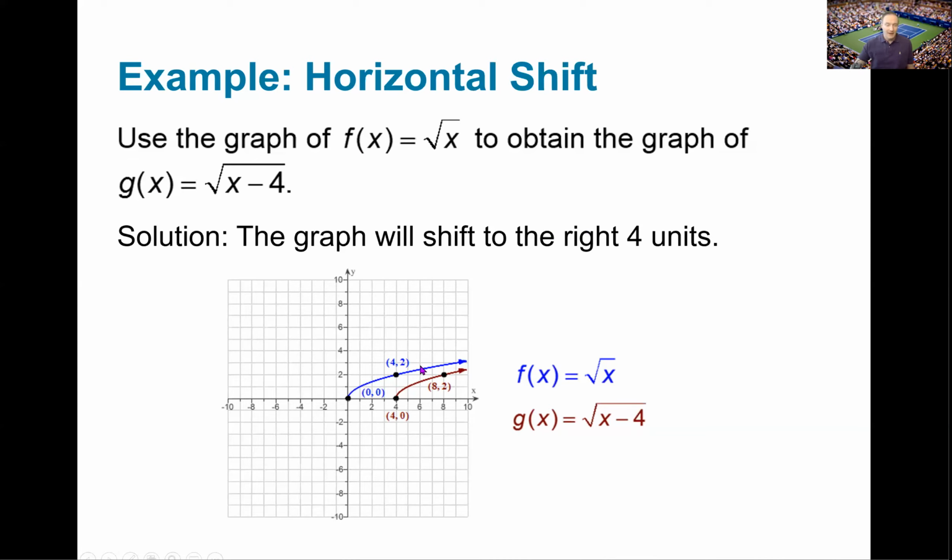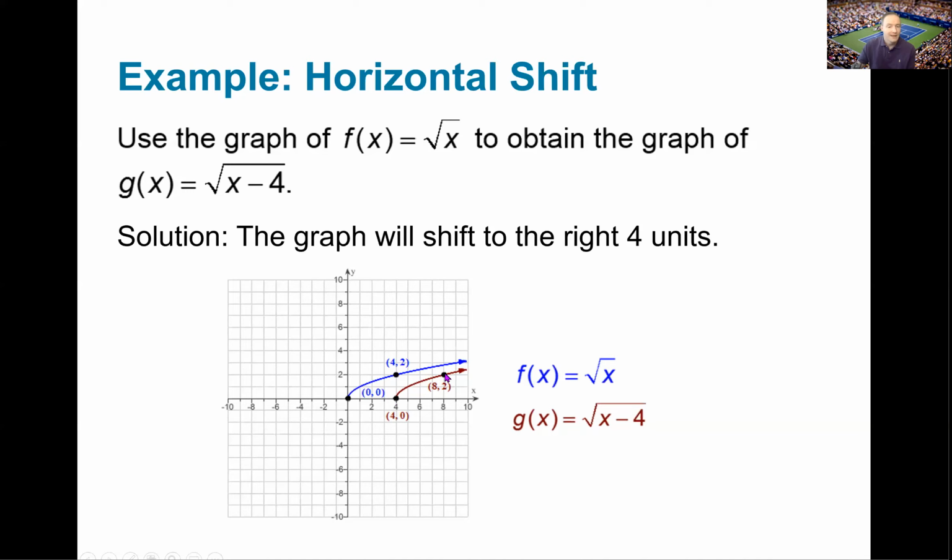So I graphed out my basic square root function, and then I showed that my g of x is going to be shifted 4 units to the right. So the point 0, 0, my starting point for the square root function, becomes the point 4, 0 on the graph of g of x, its starting point. And then I would need to show every single point on that graph is shifted 4 units to the right. So please notice here where I say the ordered pair 4, 2,